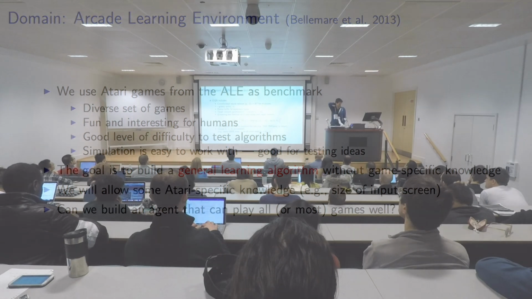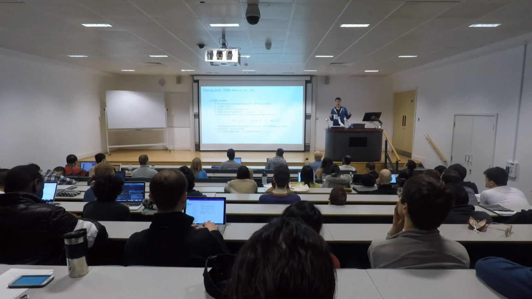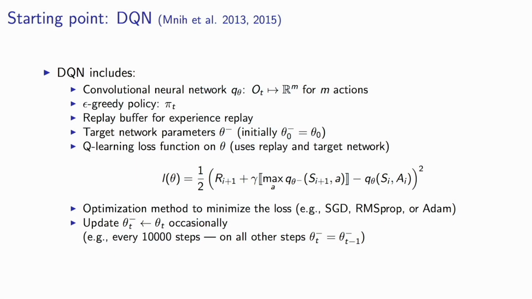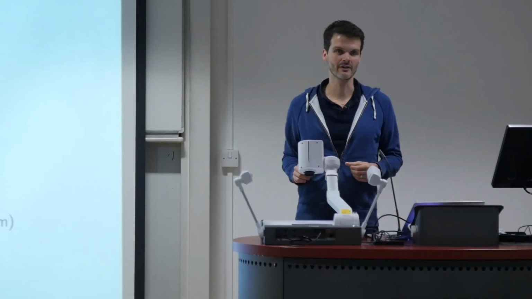To recap, it includes a convolutional neural network, which takes these pixels as input. It actually takes a stack of a few frames of pixels. This is important because it doesn't really have a memory component otherwise. For instance, in the game of Pong, you have to hit a ball from one side to the other. And if you don't have a couple of frames, you can't tell which way the ball is going. So that might make it harder to predict an accurate value. But if you just stack 4 frames, say, then you can basically see which way the ball is going. So it's not a strong form of memory, but it's enough to disentangle these things.